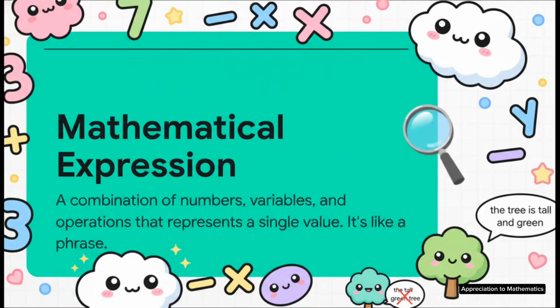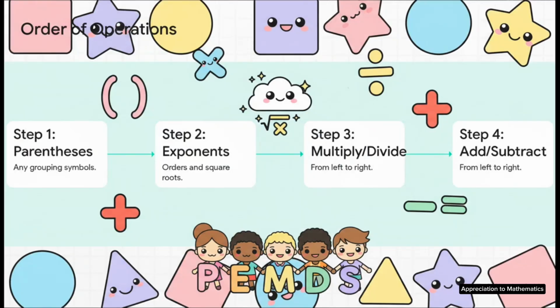Before we hit the rules, let's get clear on what a mathematical expression is. The best way to think of it is as a phrase, not a full sentence. It's a bunch of symbols that stand for one single idea or value. It isn't making a claim, it just is. You know, like saying the big red ball, not the ball is big and red. And that brings us to the most important grammar rule of all, the order of operations. You probably remember it as PEMDAS. This rule is absolutely non-negotiable. It makes sure that every single person reads a mathematical phrase the exact same way, so we all get the same meaning. It's the key to making this a universal language.